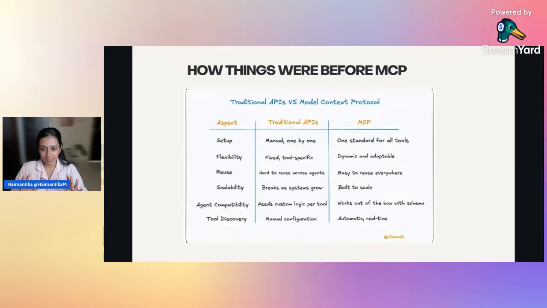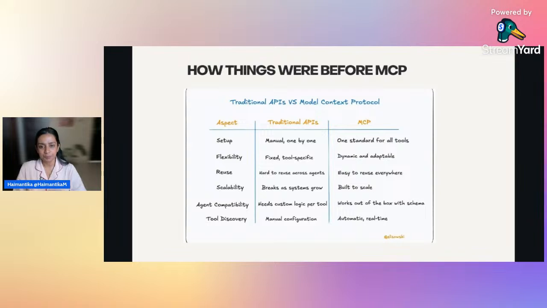So this is a very basic definition of how MCP differs from traditional APIs, though it might just look like an API call. But the difference is everything that we just talked about here. This particular image I had taken from the internet, so credit goes to the user. But maybe you can also take a screenshot of this if at any time you feel confusion between APIs and MCP.